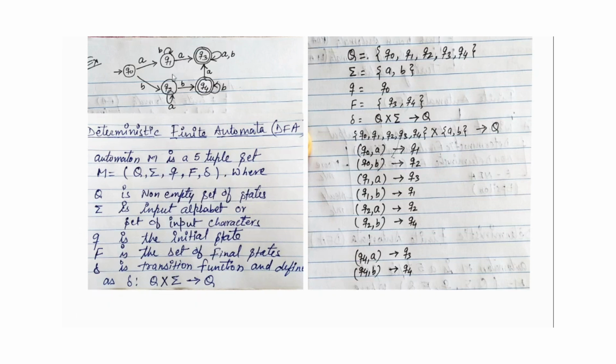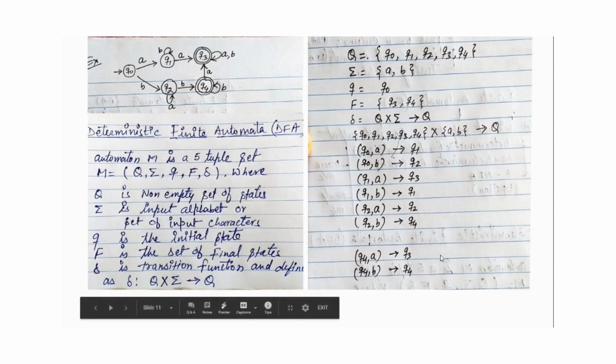Look at this transition. The current state is Q2 and the input is a. So the machine is moving nowhere. There is a self transition from Q2 to Q2. This also is possible. Hope this part is clear to you, the transition function. This is the cross product, and the cross product will map to some state of this automaton.